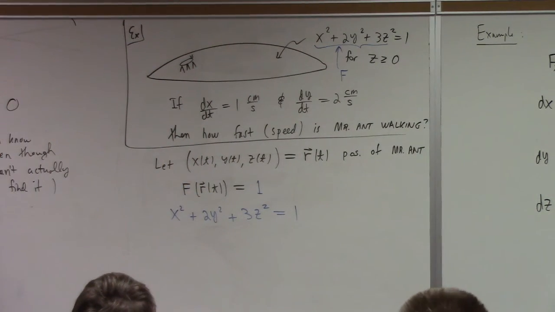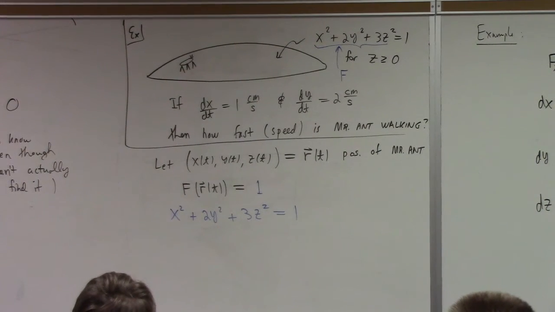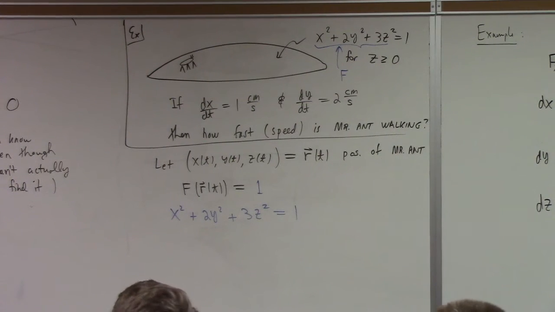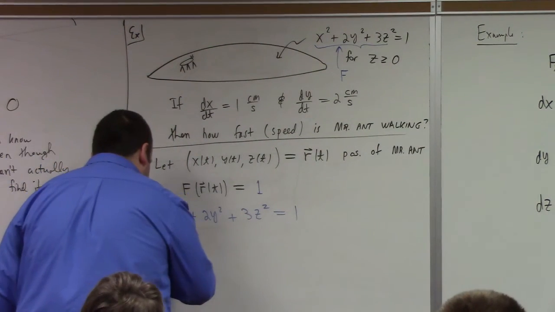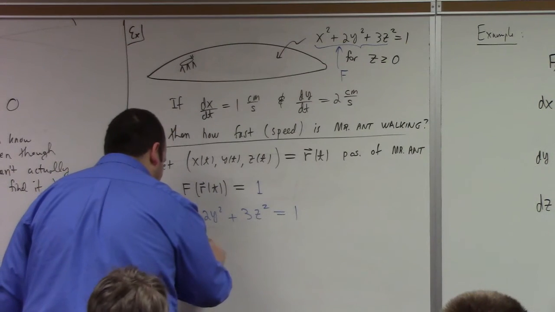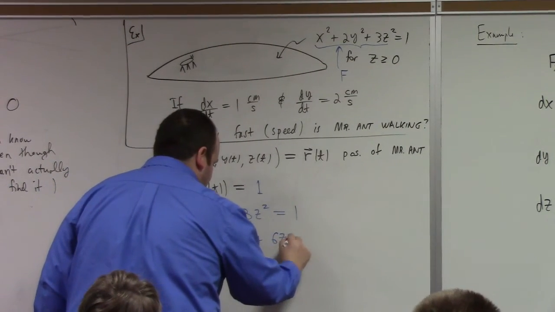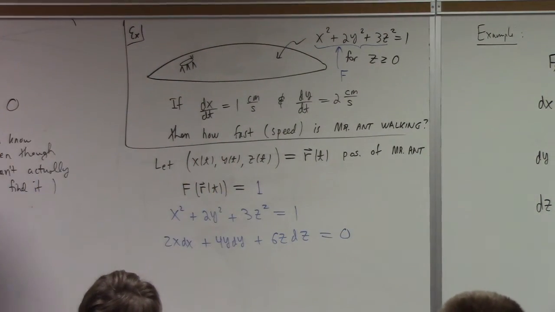But here x, y, and z are functions of t. So these rates of change are constrained by this level equation, right? Here's another way of thinking: 2x dx plus 4y dy plus 6z dz equal to 0. Don't tell the other math professors I did this. If you take that equation and you divide it by dt,